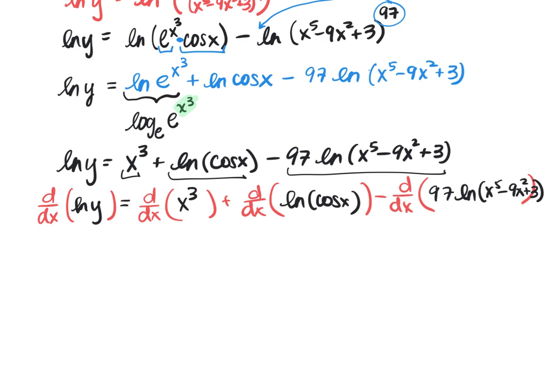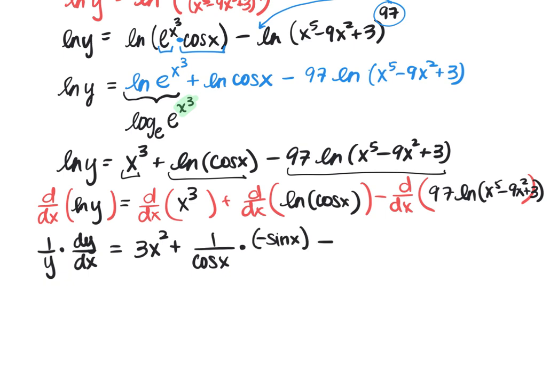So on the left side, we're taking the derivative of natural log of y, which would be 1 over y. But then remember, we have to chain on the derivative of y with respect to x, dy/dx. Then we have the derivative of x cubed, which is just 3x squared. Now the derivative of natural log of cosine, we have to recognize that we need the chain rule here. So we have the natural log of cosine, whose derivative would be 1 divided by cosine of x. Then we have to chain on the derivative of cosine x, which would be negative sine of x,